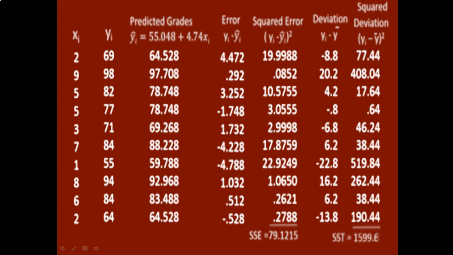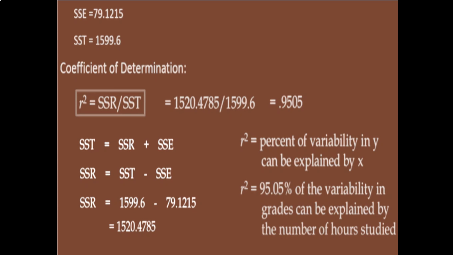SSR is the difference, SST minus SSE. SSE, we find it from the table. SST, we find it also from the table. So we can find the coefficient of determination by SSR over SST, and we know these steps. I explained it,